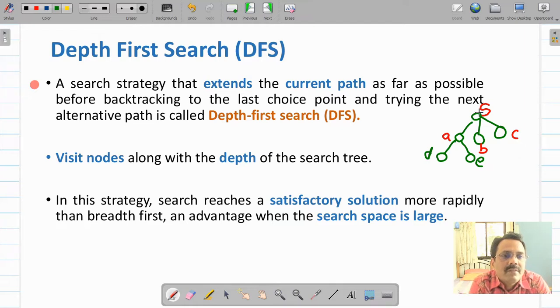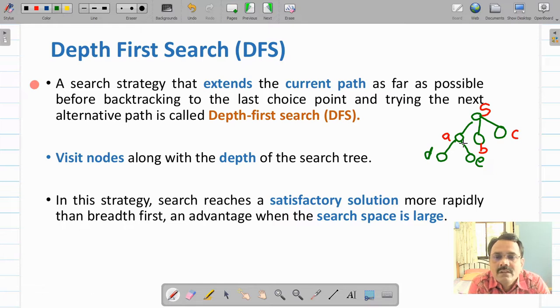Keep in mind, initially from S you can check A or C. So either you take left side or right side. If you go to the right, always you will have to visit rightmost node first. So that's how this depth first search algorithm works.